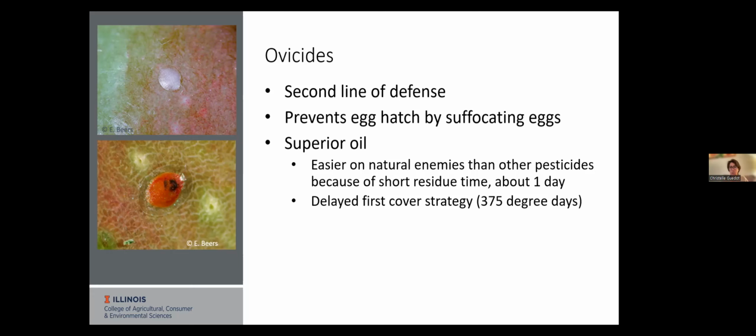Okay, another one. I'm just trying to find the publication, and I don't have it, I'll keep looking, but it's about bagging fruit for homeowners and backyard owners. If you have one apple tree, you can bag the fruit, and there's a nice publication that UW-Madison Extension put together. I'll try to find that. There's a lot of information there that you can think about. But because of time, we want to be mindful of everyone.